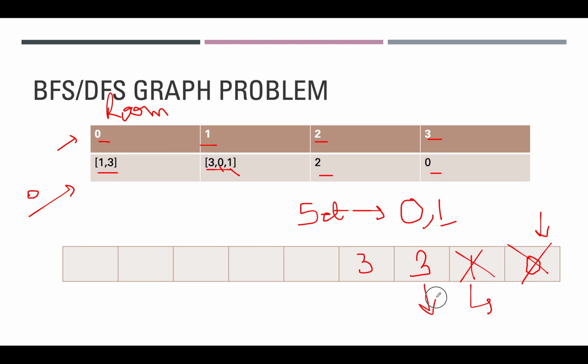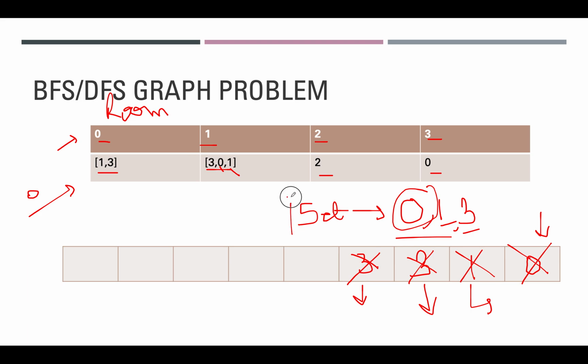Pull out an element from the queue. We remove 3 and we mark it as visited. And from 3 you can go to 0. 0 already belongs to the visited set, so you don't need to make any entry, and this gets removed. The next element that we have is again 3. 3 now belongs to the visited set, so you don't need to add any elements again. The queue is exhausted,